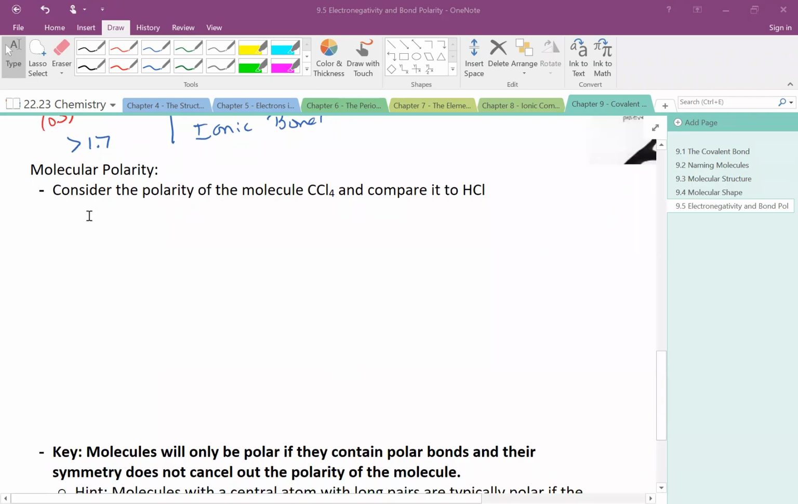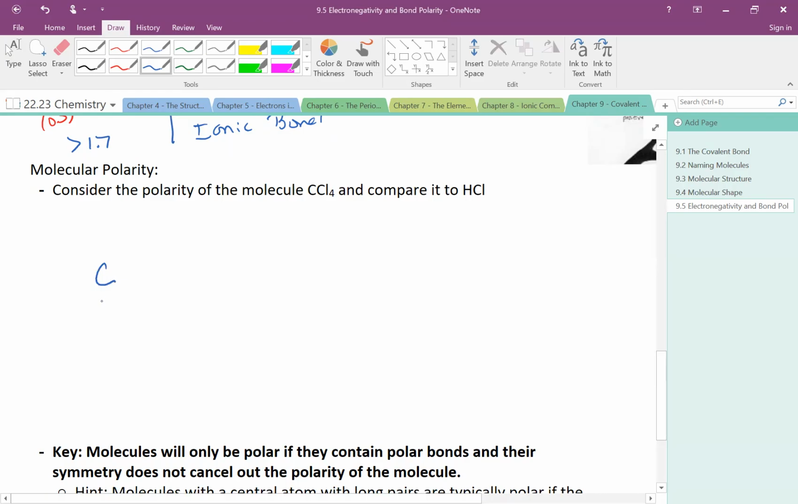So when we consider molecular polarity, we're going to need to consider how all of the bonds in the molecule will affect the overall electron distribution of our molecule. Remember, of course, polar bonds and polar molecules have an unsymmetrical distribution of electrons, where nonpolar will have a symmetrical distribution of electrons. So first, I'm going to draw my Lewis dot structure for CCl4, carbon tetrachloride, also known as